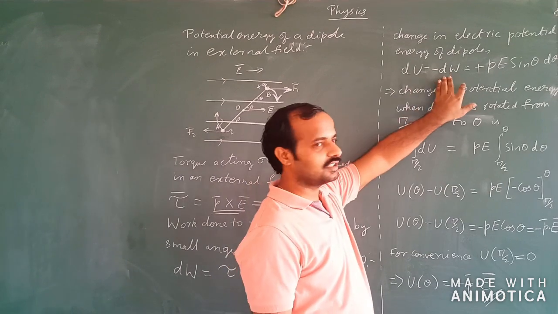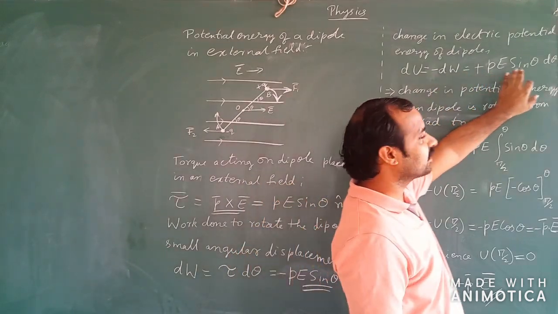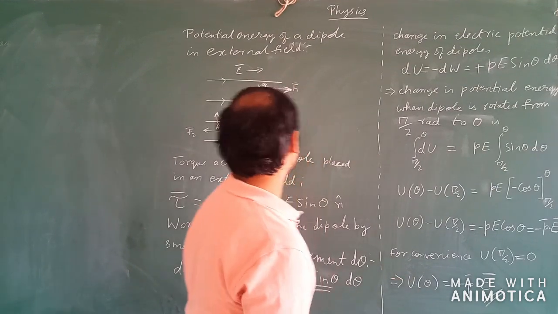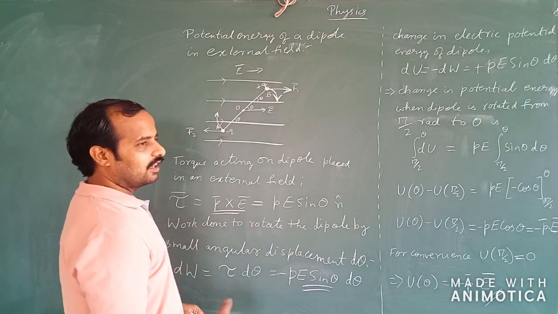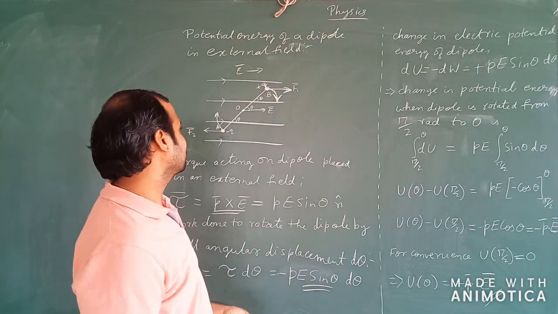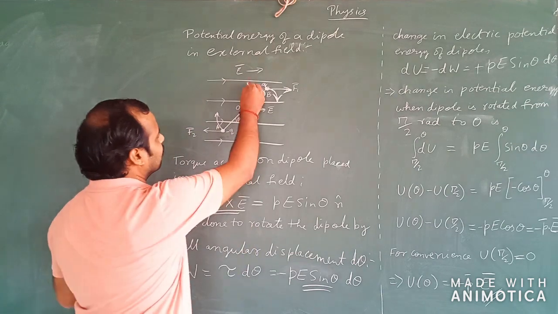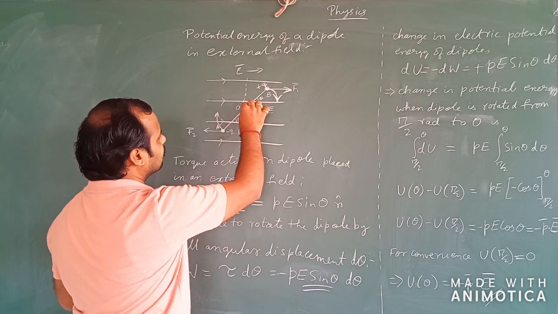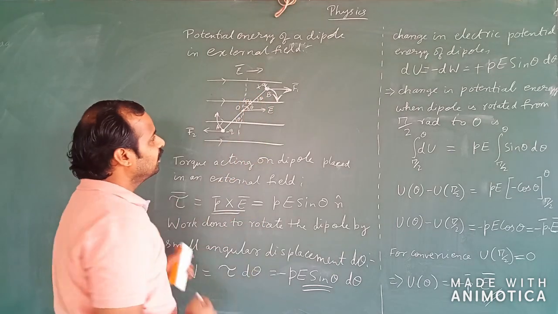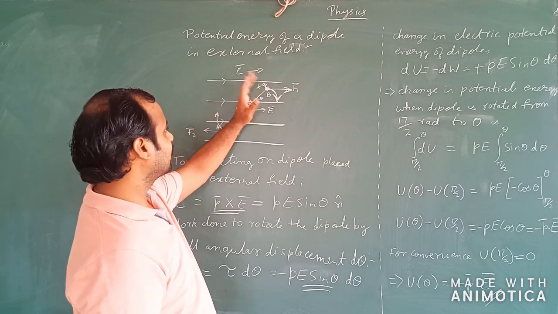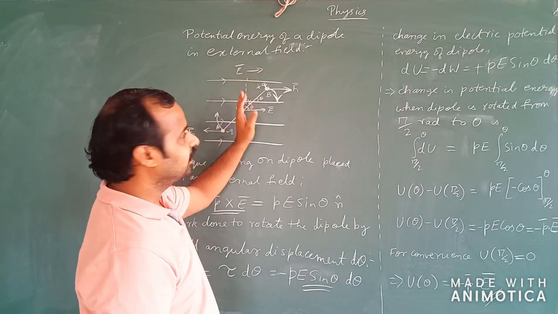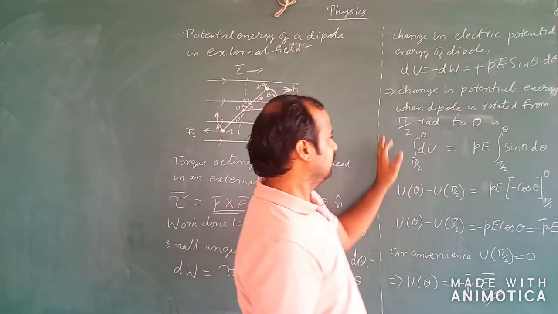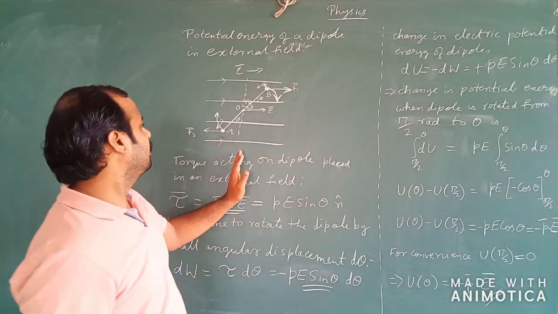So change in potential energy is minus dW equals P into E sin theta d theta. Now to find out the total potential energy stored in this dipole, I am going to take the two extreme conditions. One extreme condition is with respect to the normal, that is with respect to the 90 degree, that is pi by 2 radian. If I take the angle of inclination theta to be pi by 2 radian initially, that is if I align it perpendicular to the direction of the electric field,